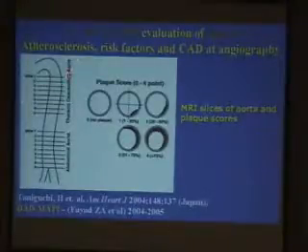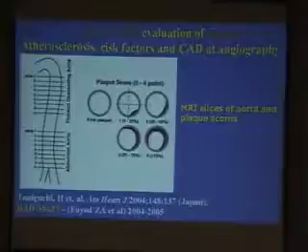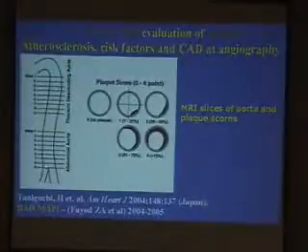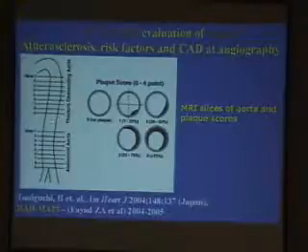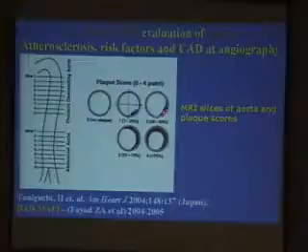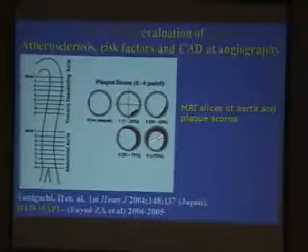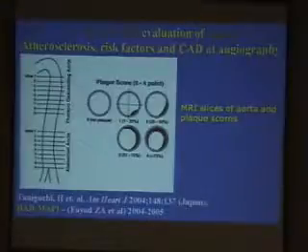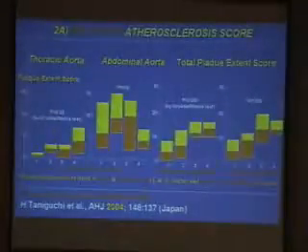This is the group from Japan, publishing a study which is very simple, somewhat primitive in terms of technology, dividing the aorta in different segments, and then looking at how much disease is in this circle, and then giving a score, like the Framingham score that you do with risk factors. This is burden of disease, and it's appealing, it's simple, and so forth. And the results were interesting.